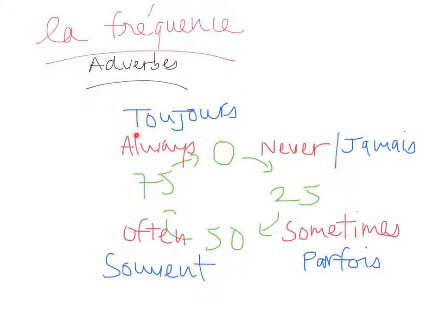Toujours. Let's take a look at this. Very interesting. If you take a look at toujours, you will see that it is based on two words. Tout, all, and jour, days. So all days, always, that is toujours in French. Souvent, often, nothing special about it, souvent. Parfois, meaning literally by times, parfois, by times. We also have the French quelquefois. Quelque means some, and fois, quelquefois, sometimes. They mean the same thing. And finally, jamais, meaning never.